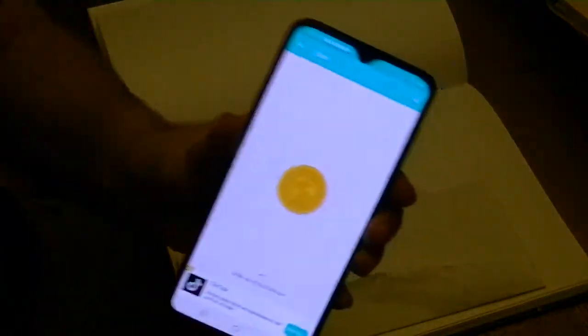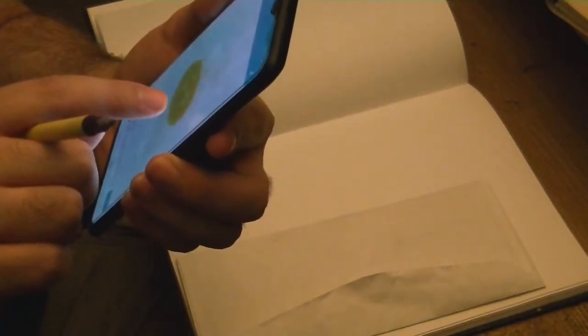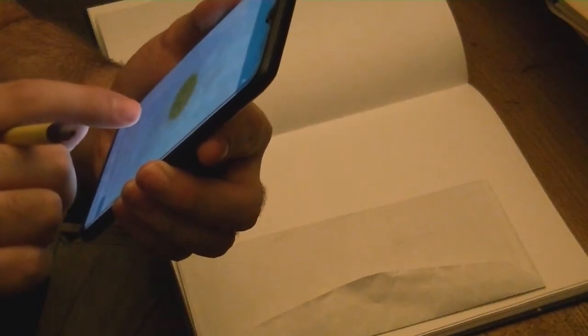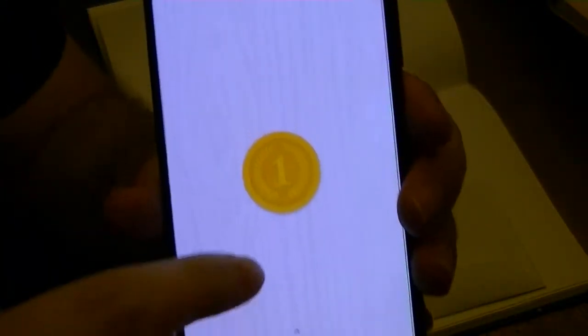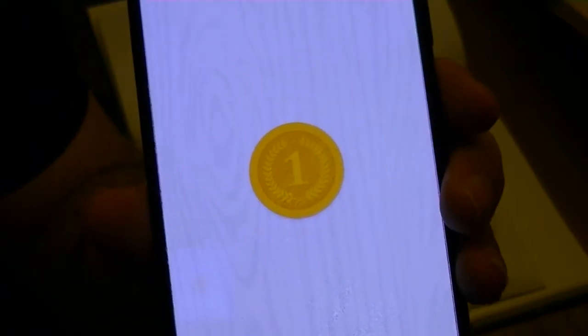If it's the Earth, it'll be human, and if it ends up on the one side, it'll be non-human. So I'll just click that. So I guess it's going to be non-human.